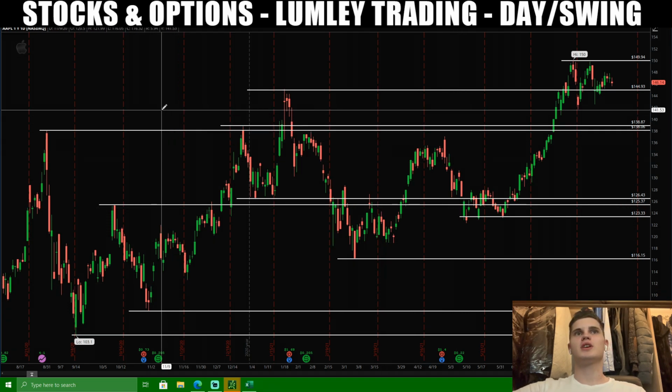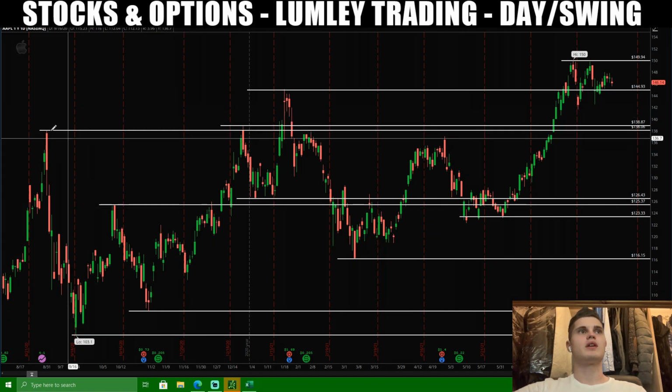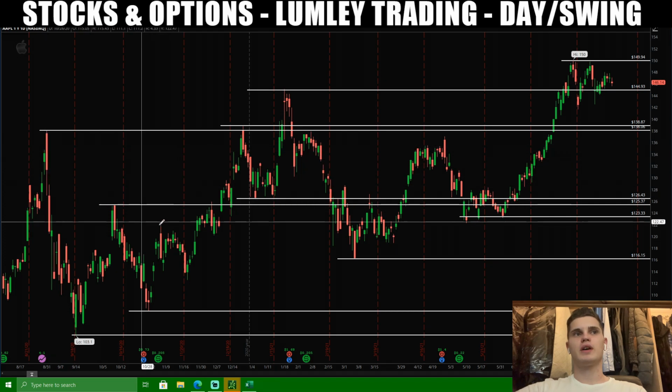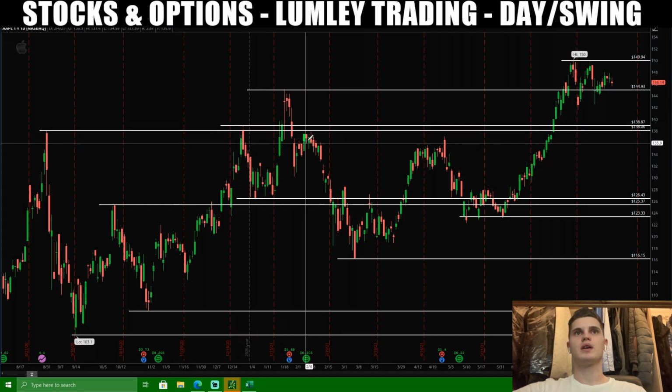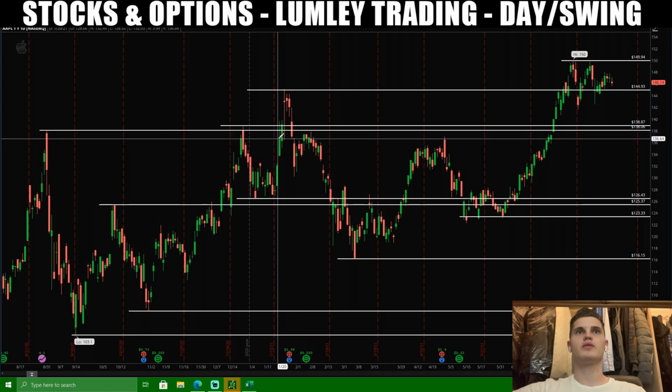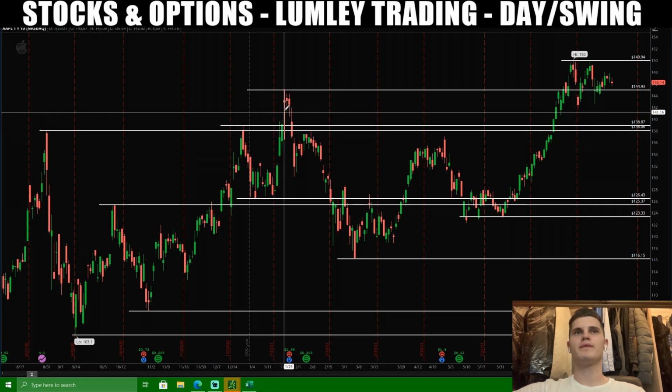Then what you can do is check if they have any impact, by which I mean if they bounce off that several times. So this was the first line we plotted. Let's see how many times it's hit here. It's here and kind of bounced off here. Hit again here, bounced off here. You can see on this date it did hit into this deviation, into this resistance, pull back before breaking through,